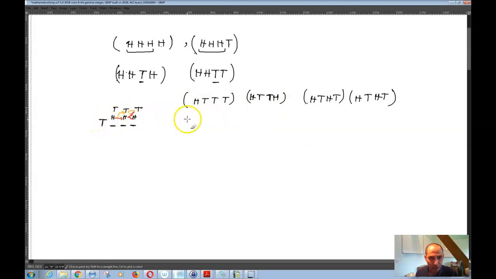So that is T, for example, HTT, and then T, HTH, and then you have T, HHT. So you have T, HHT, and then HHH. So T, HHH, and then you will have basically, erase this and do the same thing for